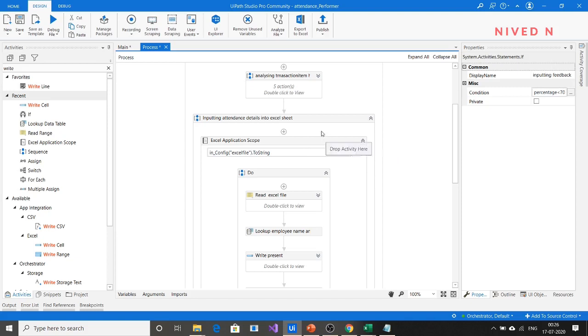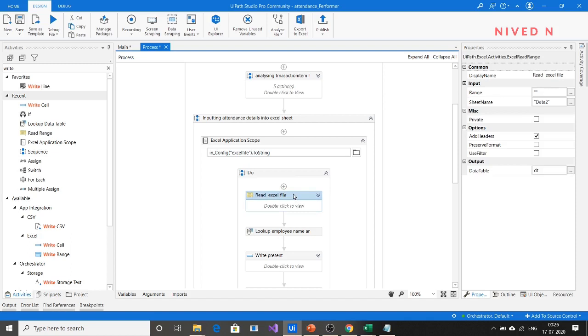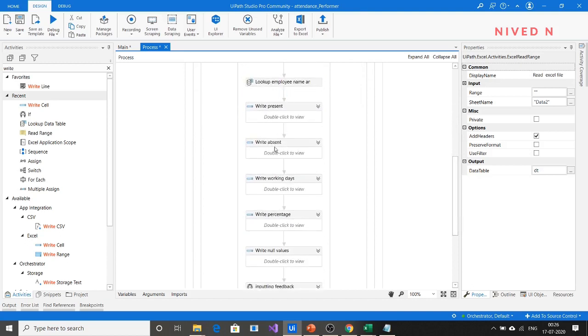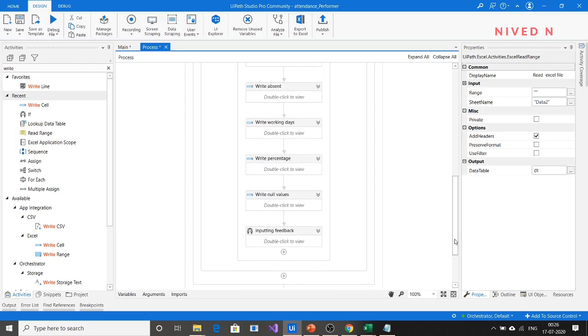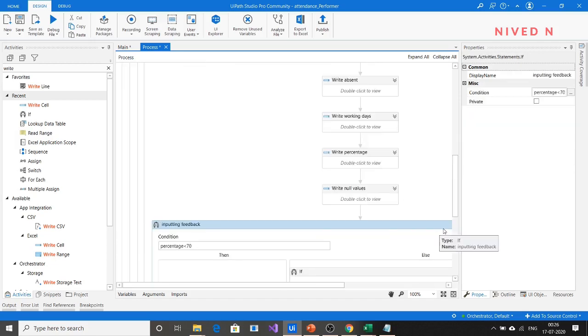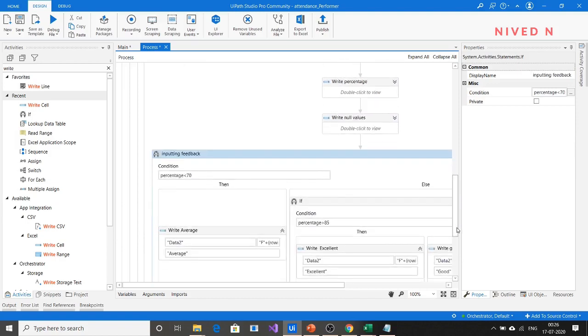From that you are inputting the data into the sheet, so first you want to know the row index of the employee's name where you are inputting the data. For that you are using the lookup data table activity and getting the row index. Using that row index, you are writing the data present, absent, working days, percentage, and null values, etc. And also the feedback condition.